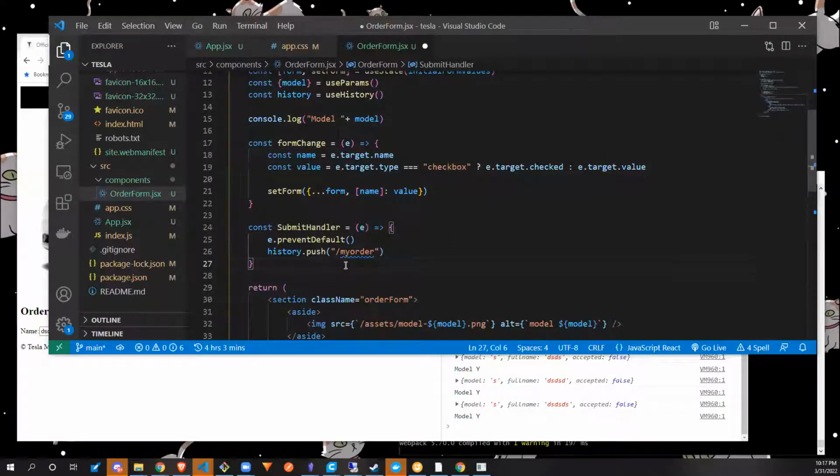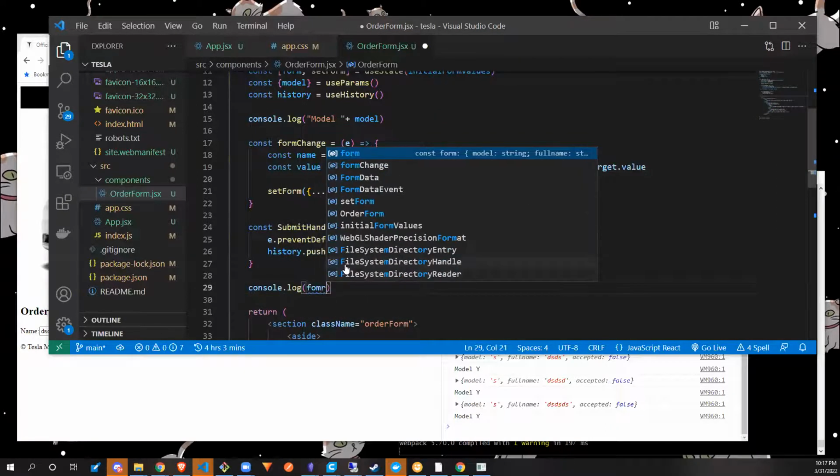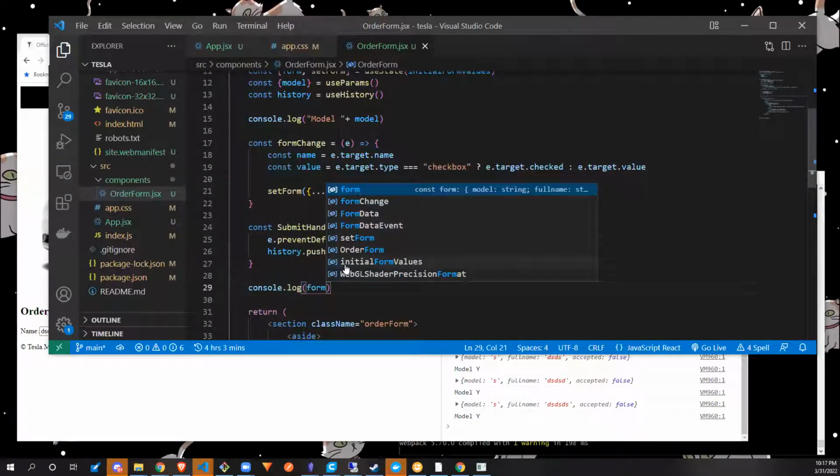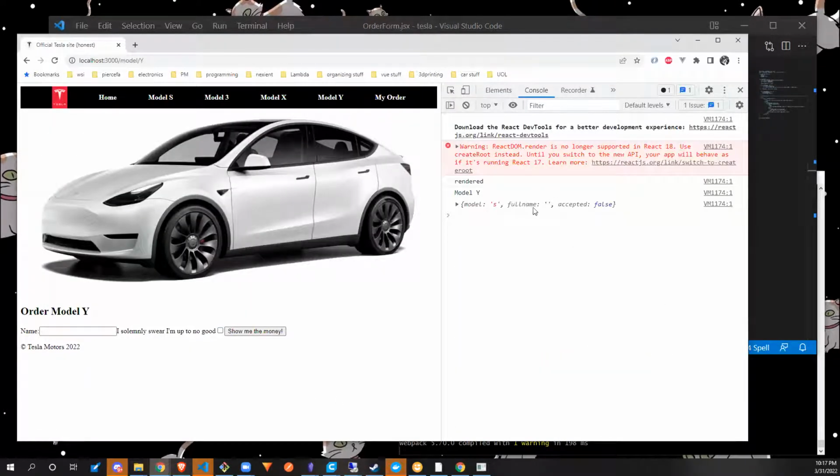So now, by adding in this line here, we should be able to store the state of this form change. Let's go ahead and check it and make sure I'm doing this right. I'm going to put form back in. All right, so let me refresh the page. So we've got a Model S. We've got a full name. I didn't put anything in, and accepted is false. If I click on this,